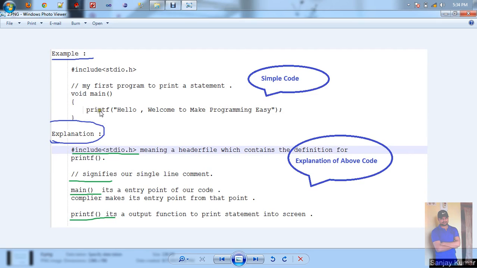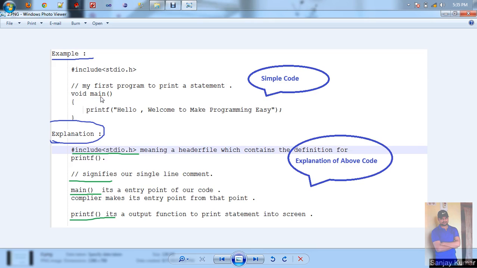Printf is a function whose definition is included under this header file. If I omit this header file from this program, then printf will show an error. And this is a single line comment which we have specified for our understanding of what this code means. This is my first program to print a statement.